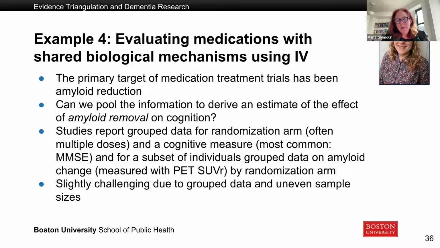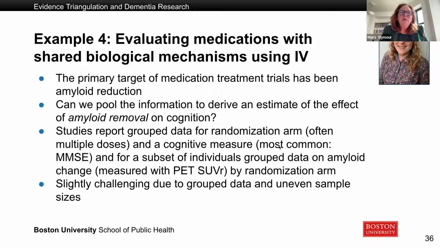For a long time, the primary target of medications for Alzheimer's treatment has been amyloid reduction. And there's a set of monoclonal antibody medications that target amyloid and remove it from the brain. The premise of Sarah's work here was to pool information to derive an estimate of the effect of amyloid removal. All the drug trials, of course, are using intent to treat estimates for the effect of being randomized to receive the drug. For the most part, people randomized do receive the drug, but the drugs have very heterogeneous effects on amyloid reduction. Some of them were very ineffective and some are quite effective. So what we'd like to know is, suppose you actually take out amyloid, what does that do to cognition?